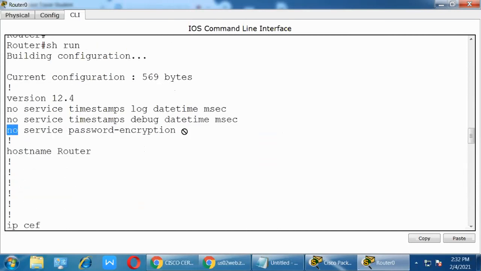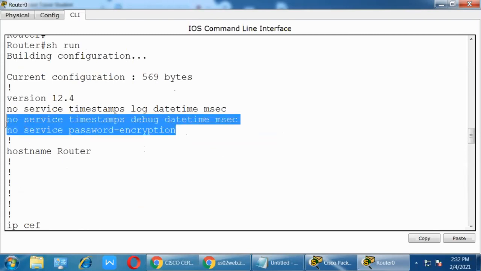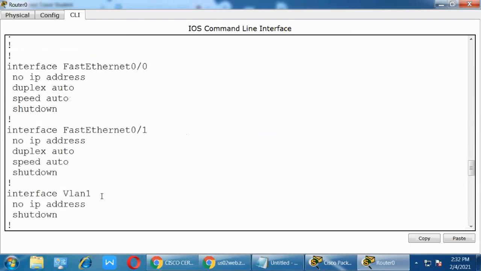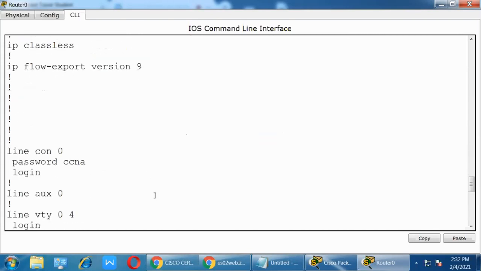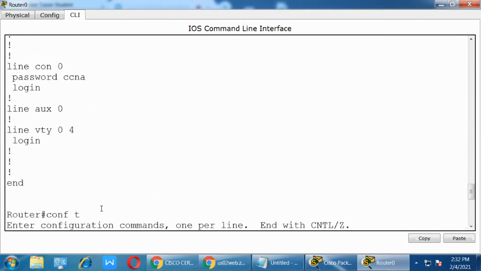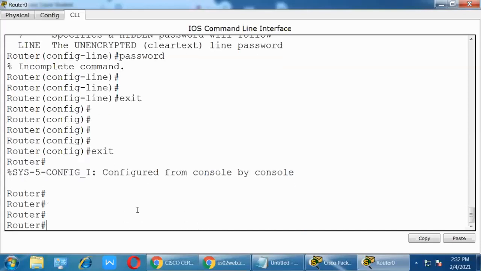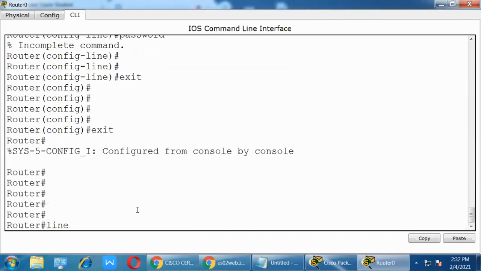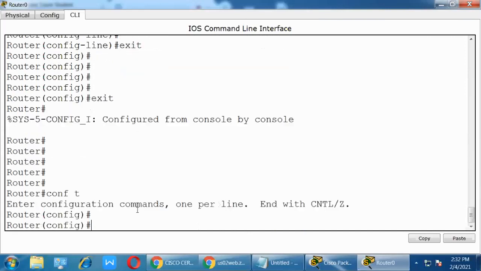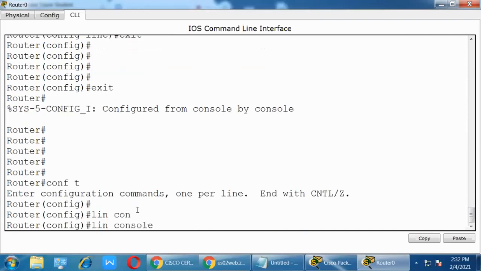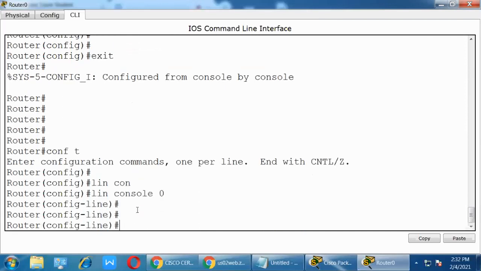No service password encryption. Whatever you want to remove, just before the command you configured, you have to type no. For example, config t, line console 0, if you want to remove the password, just type no password.